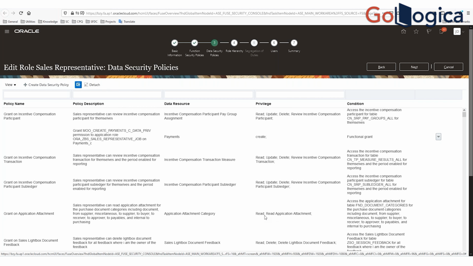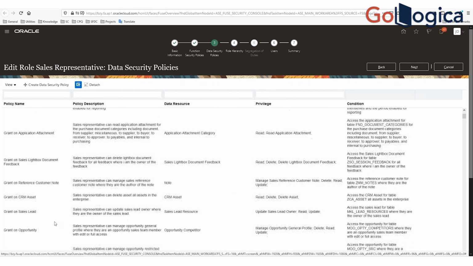Say I want to create a role and I want people not to delete records. I come here and find the suitable privilege, then simply delete it, so that the user will not be able to delete that particular record based on the privilege that you selected. Now, my question is, over here you've got privileges under functional security,